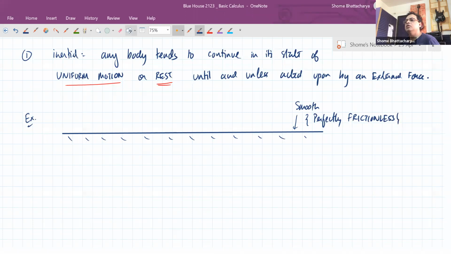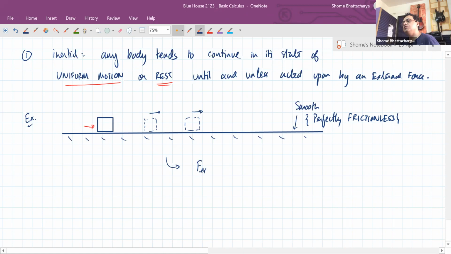And on that, we have an object which has been given a push. So it starts moving. What type of motion will it have? It will have uniform motion because there's no external force. So this object will have a situation where the external force on it is zero as it is moving. Initially it was given a push, but after that,